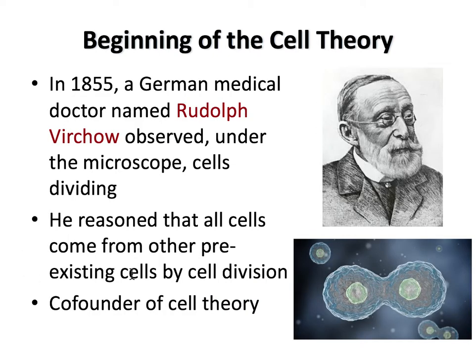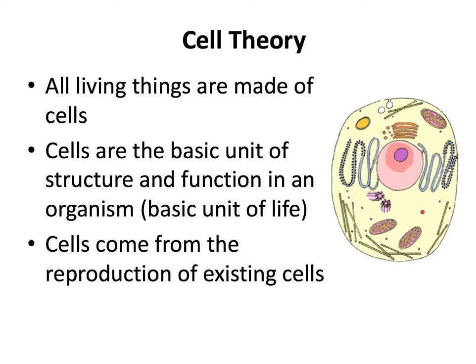The missing piece came from this man, Rudolf Virchow, and he actually looked at cells under the microscope and saw them divide. So he concluded that cells come from other cells. Before that, there were ideas floating around that cells can just pop into existence spontaneously, and this man said that's not the case, no way, and we came up with the cell theory,